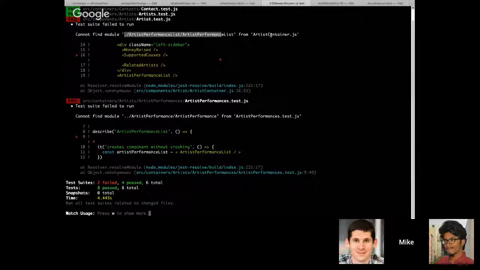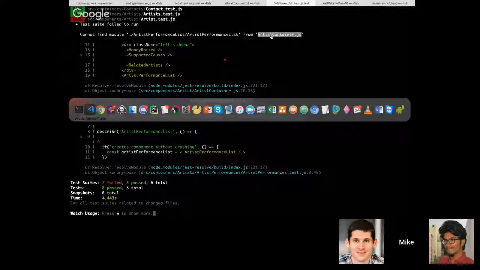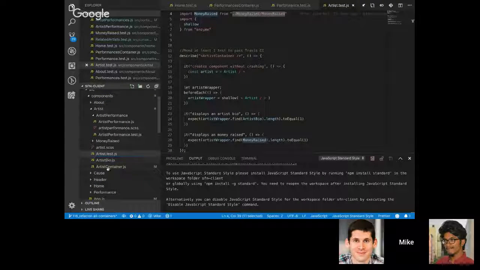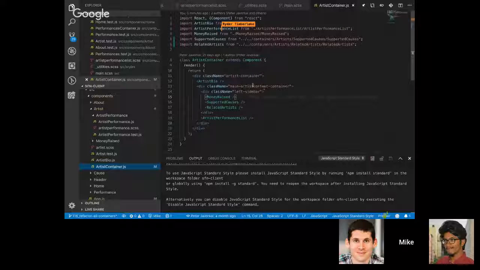Well, I'm looking at that, and it's container saying import artist from artist container. And if we look into the artist container, we'll notice that it's still referencing the artist performance list on line 3, which is no longer a thing. So if we change that, that import on line 3 is most likely the cause of that issue. Yeah. So maybe we need to change this to artist performances. Yeah. And then it's from up one